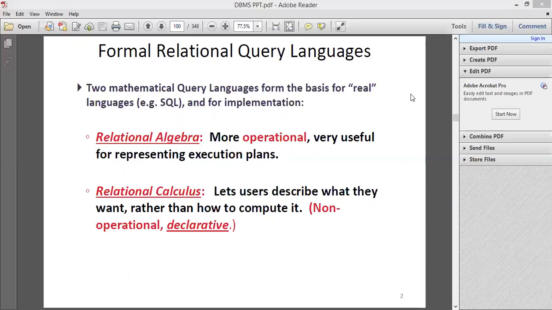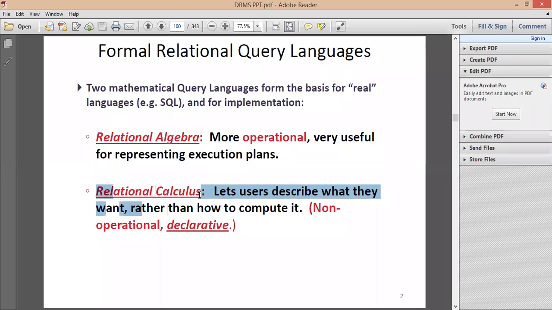A procedural example is relational algebra, because this language allows the user to specify what data is needed and how to retrieve that data. Whereas non-procedural allows the user to specify what data is needed rather than how to retrieve the data. That is the basic difference between relational algebra and relational calculus.